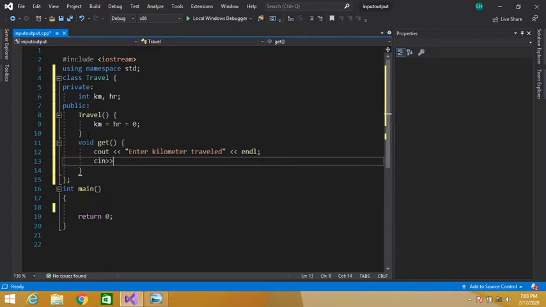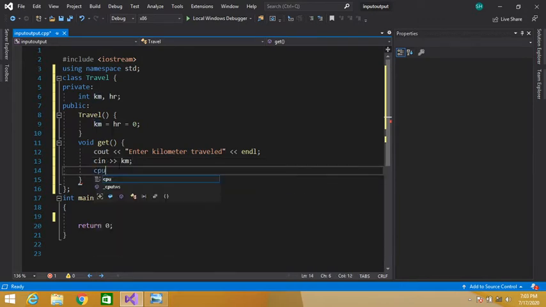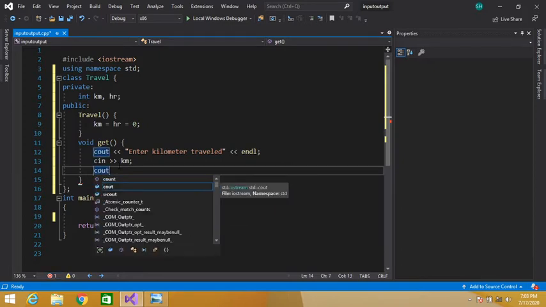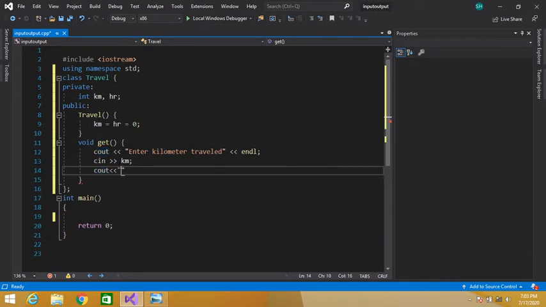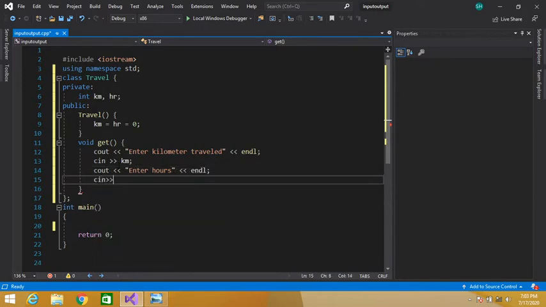See, for kilometer we have declared this km variable. Similarly, prompt the user to enter hours. cin object is used to input values from the keyboard, and for hours we have declared this hr variable.